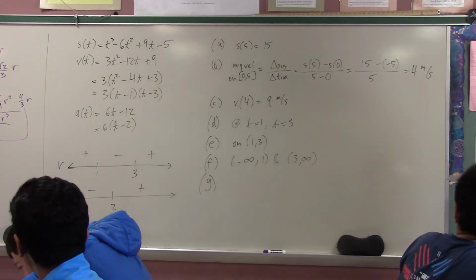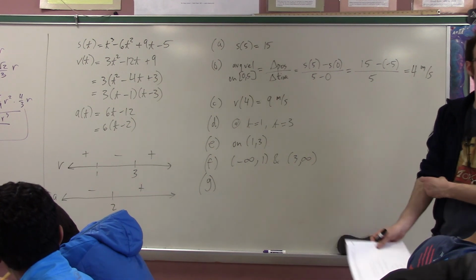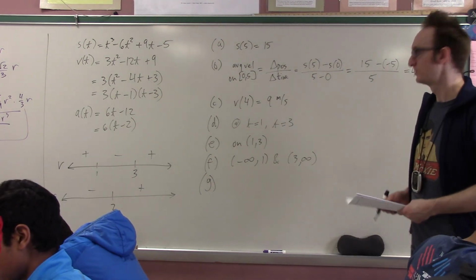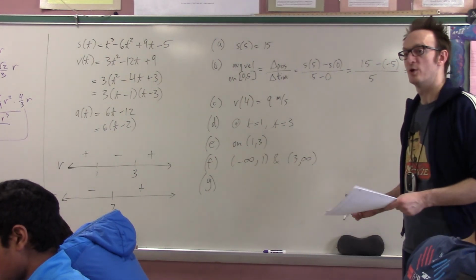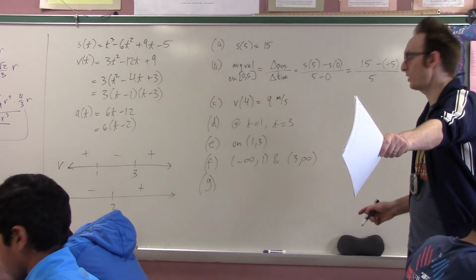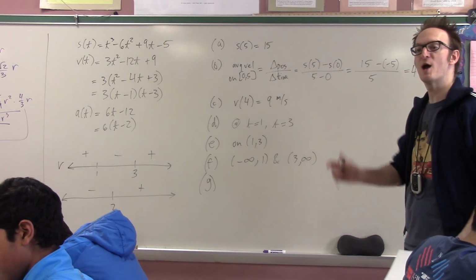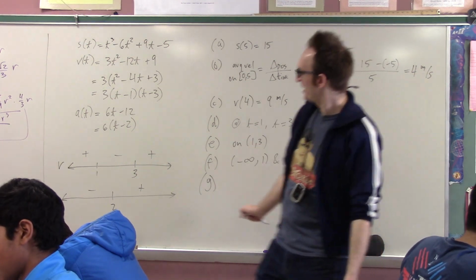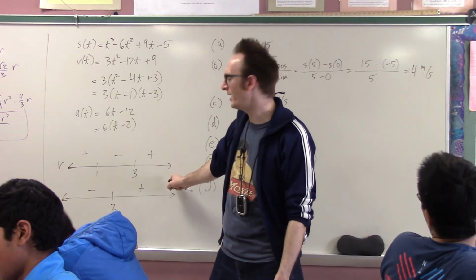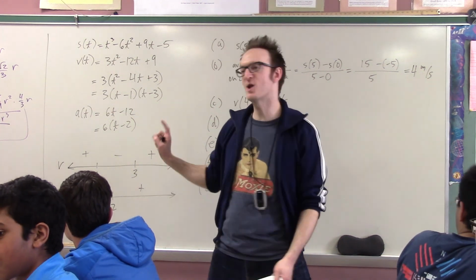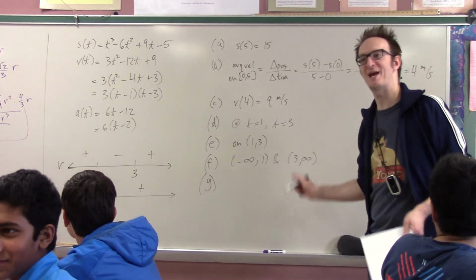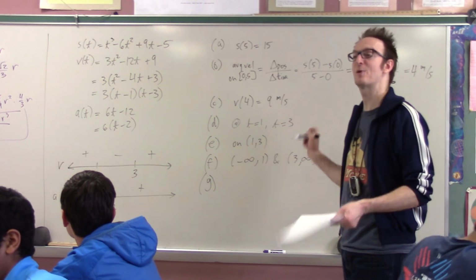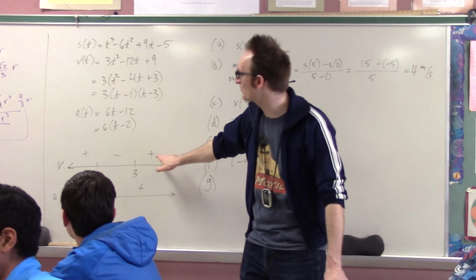When is the particle speeding up? This is the only interesting problem on this page. 1 to 2, 2 to infinity. No, Tarun missed the point of our whole conversation over there. When are we speeding up? No, it's 1 to 2 and 3. No, wait, hold on. This is the only hard question on this page. Bell's about to ring. When are we speeding up? 1 to 2. When my velocity is positive